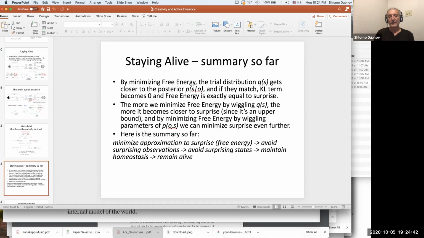So if you really manage to learn the world, okay, then you are able to predict best what's going to happen in the observations, and in that case, our variational graph, the green graph, can exactly match the blue graph in the slides before. Now, the more we minimize the free energy by changing or wiggling or learning the internal representation, the more it becomes closer to the surprise. Okay, and minimizing free energy by wiggling the parameters can minimize the surprise even further. So there is this additional notion